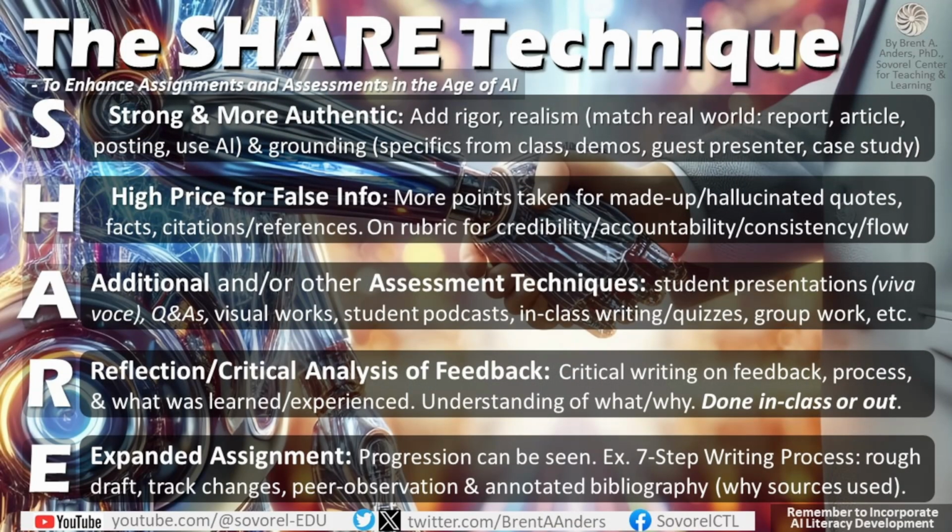With the H, the high price for false information, this is one that I've been pushing really hard to get people to understand: students should now really review any type of information that they get from the AI. They need to do it because it's always important for a human to be in the loop when we're dealing with AI, but also we have to understand that there could be some false information, there could be some outdated information. So the idea with high price of false information is that the students are aware that within that reference section or even within the document itself, if there's any content that's made up, that's hallucinated, that is totally incorrect as far as it looks, it might be confidently wrong, but it's still wrong,